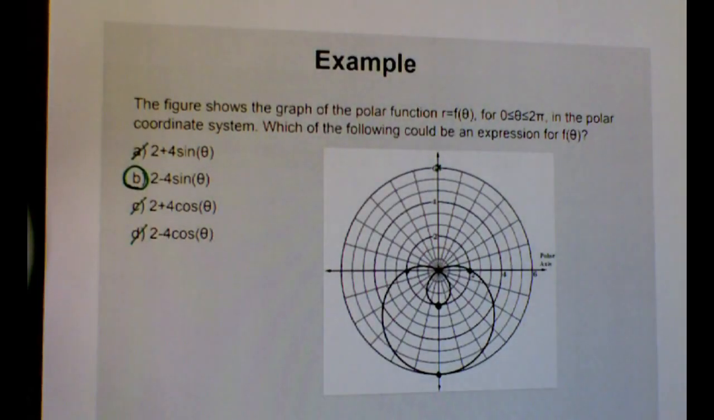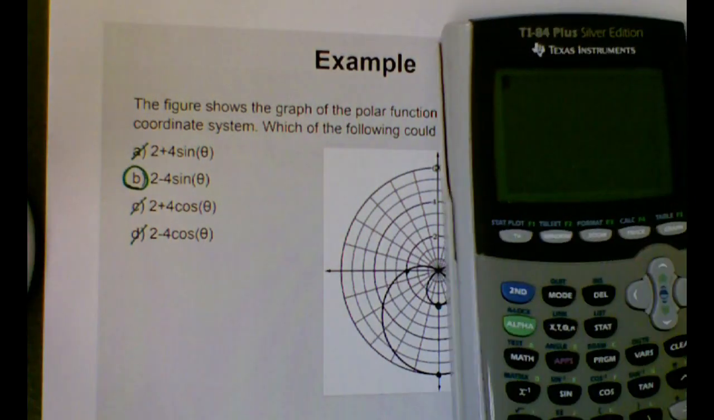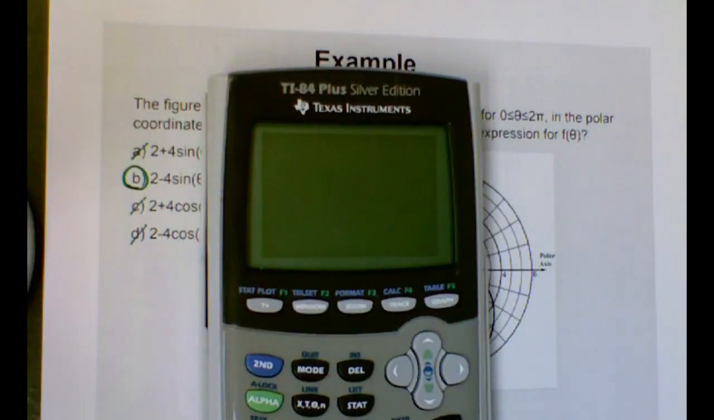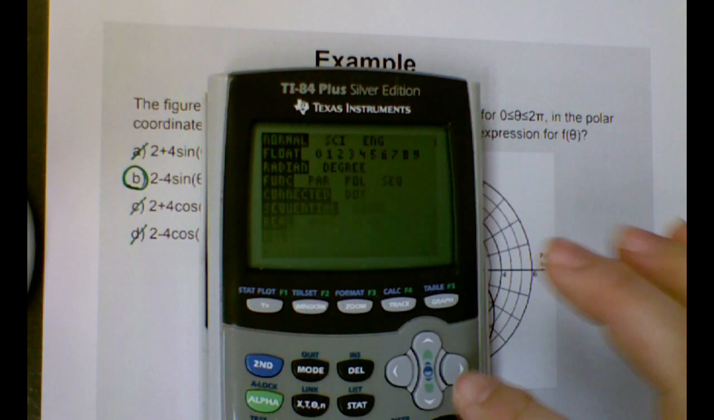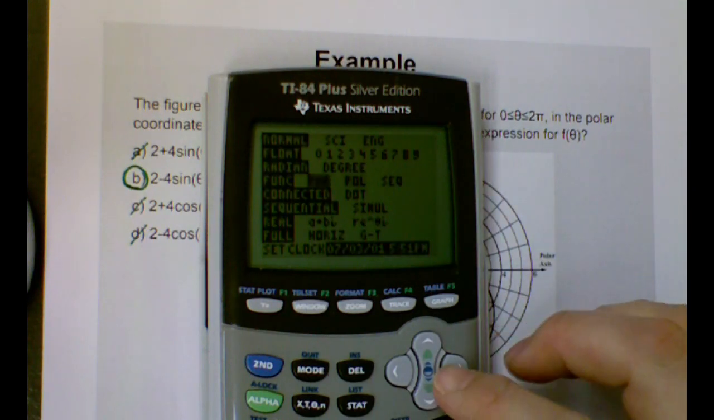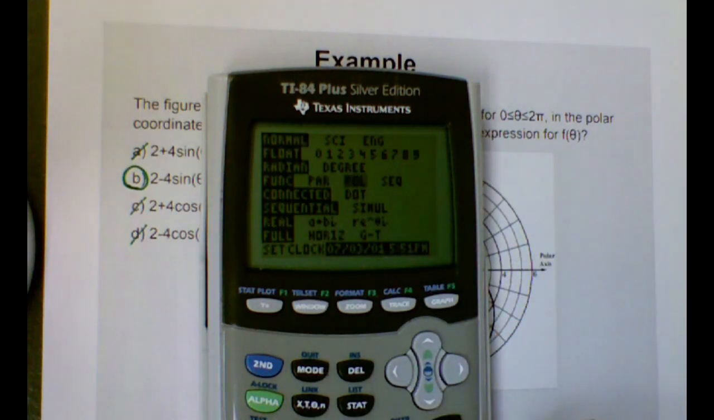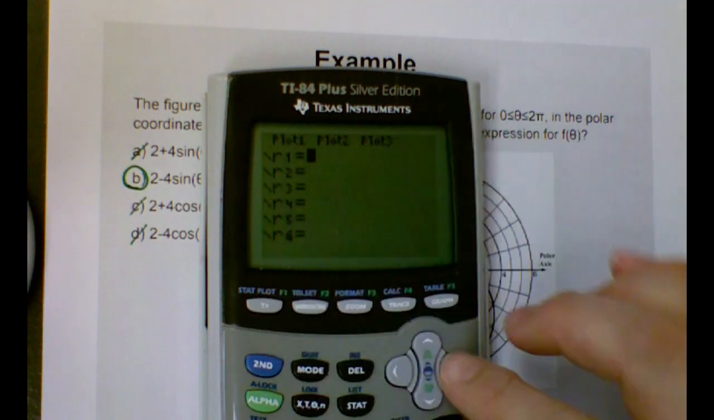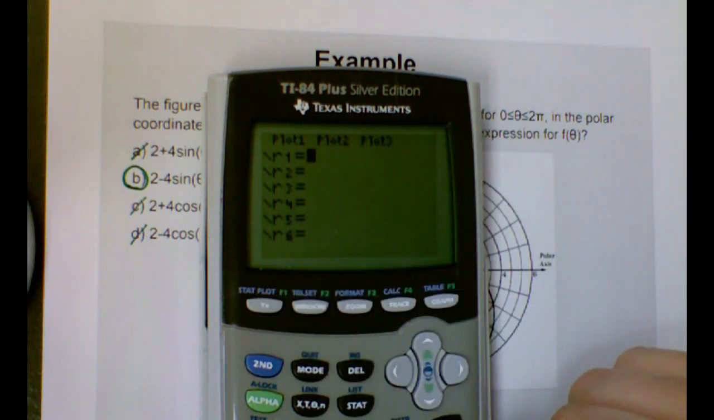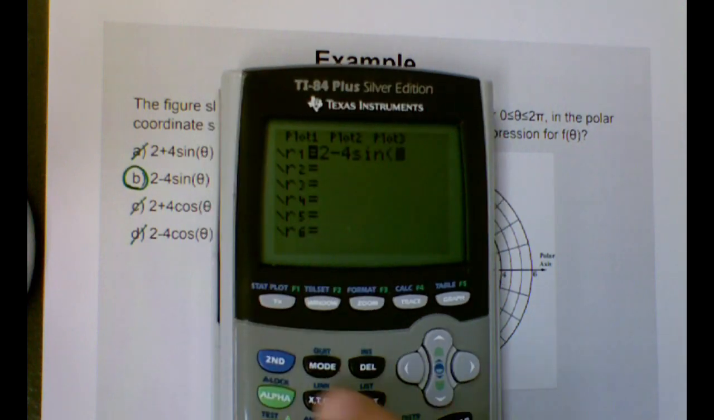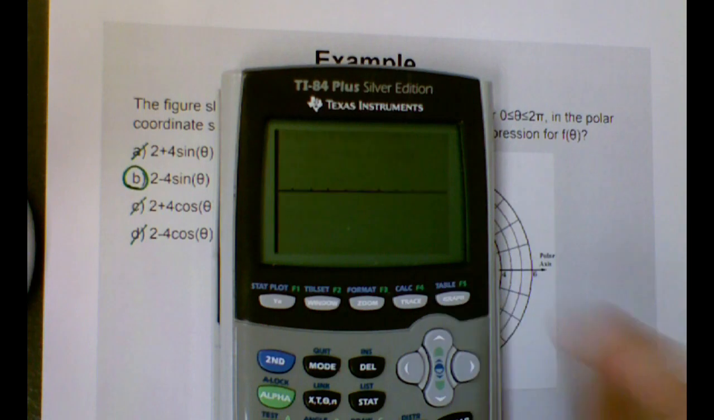Another little piece of this is that you can graph these on your graphing calculator. It just gets a little wonky. So we have to change our mode from func to polar. And then we go to y equals, notice it switched it to R1. So let's go 2 minus 4 sine of theta. And it types in a theta now for me instead of an x. And then if I hit graph,